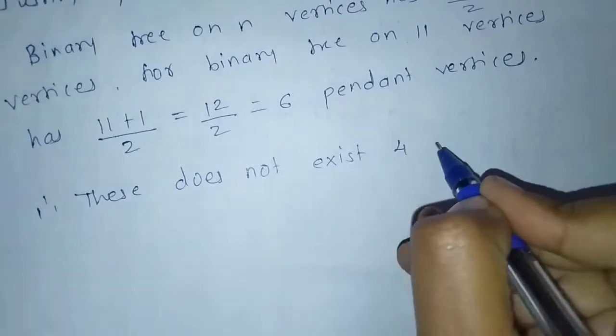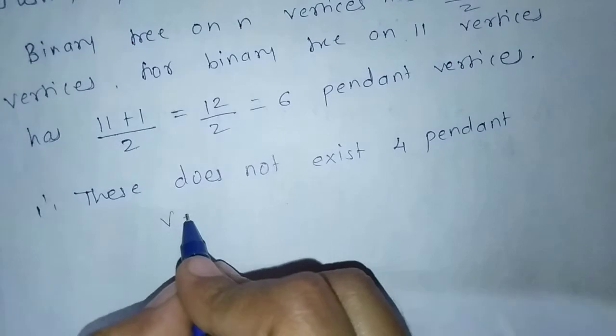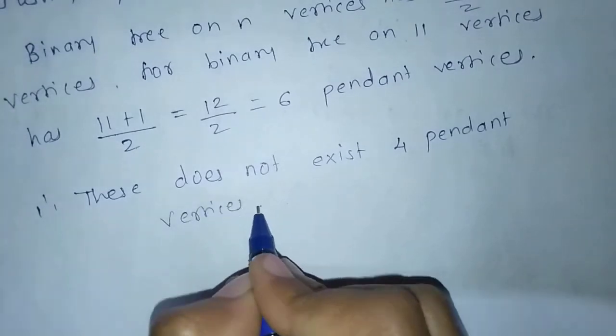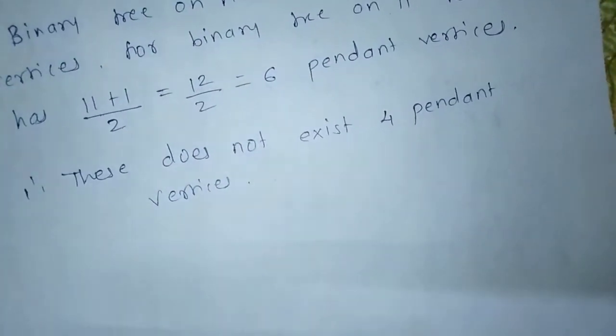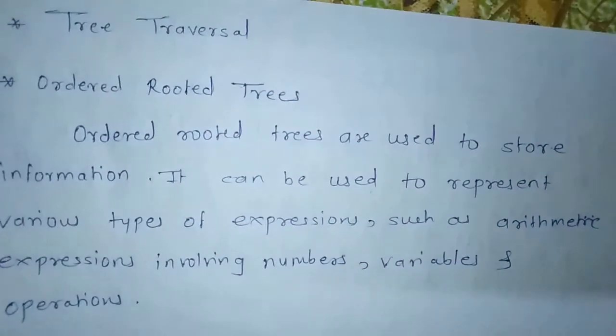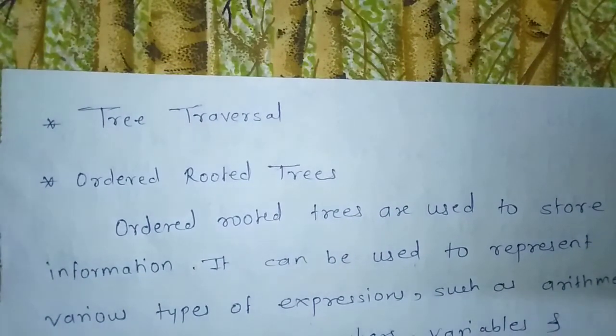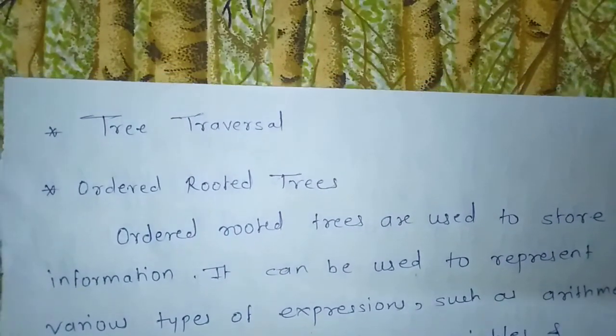Does not exist with 4 pendant vertices. Now this is done. Next point, tree traversal, in which first we have to know what is meant by ordered rooted